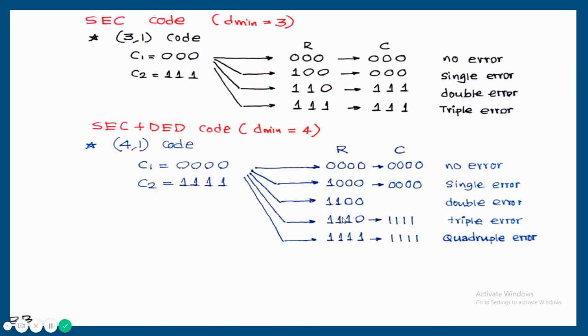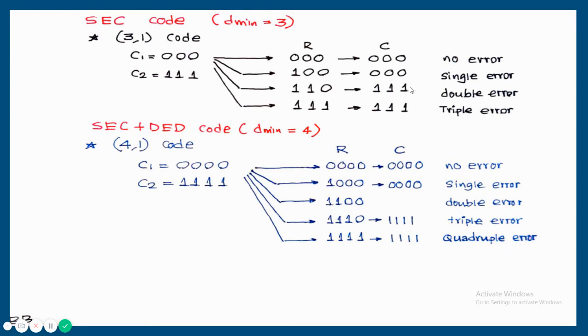Next, after 3-bit errors, it is close to 1111. It is going to be corrected as 1111 and that is going to give a wrong answer. After 4-bit errors, not even detection, no corrections, again we'll get a wrong answer. So here 1-bit error can be detected and corrected, 2-bit error can be detected. So it's not going to get a wrong answer after 2-bit error, but in the previous case, after 2-bit errors, we are finally getting a wrong answer.